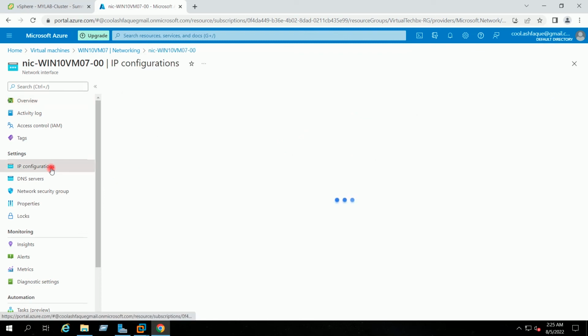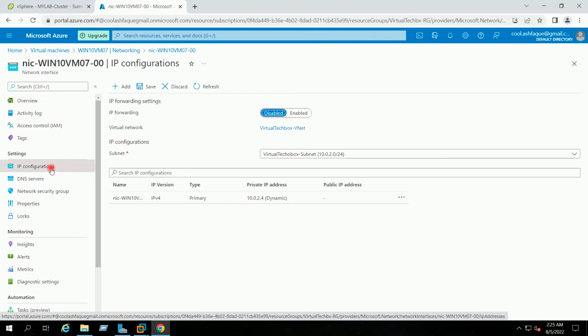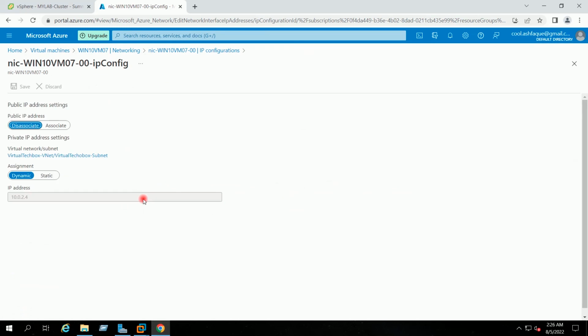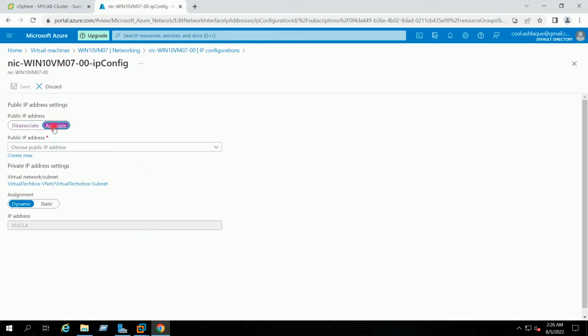On the left side, I will go to IP configuration. I will select the NIC. And below the public IP address setting, I will select associate.